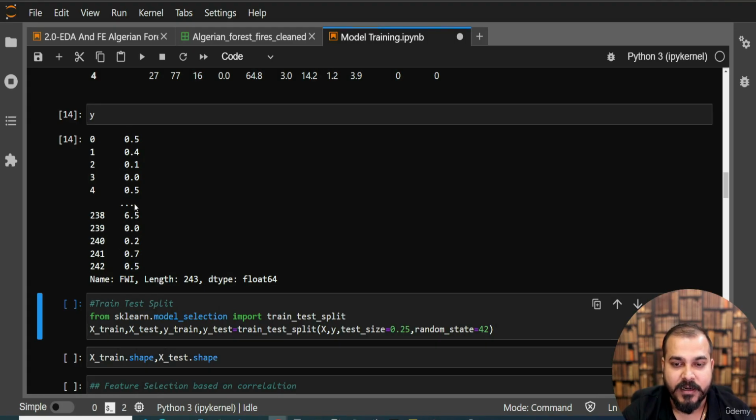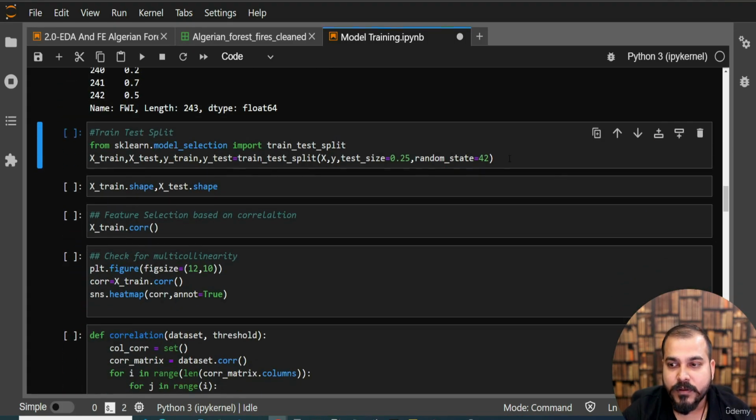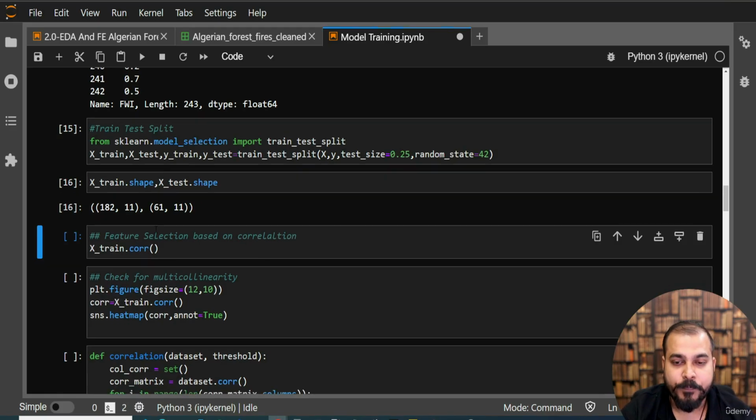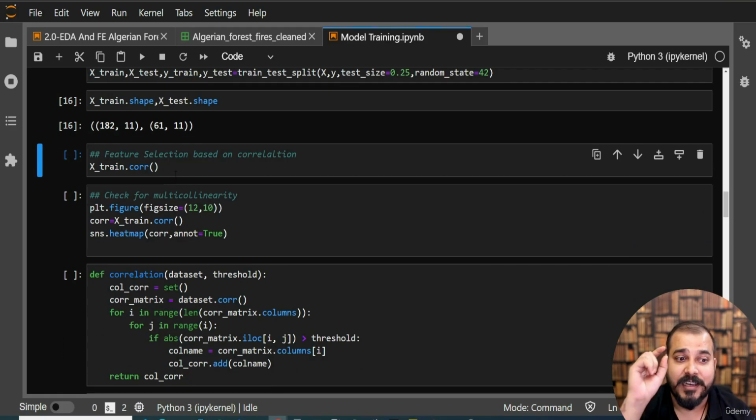And this Y is my dependent feature. So after this, we basically do the train test split. Then here is my xtrain and xtest shape. Now, if you want to perform feature selection, this is where we are going to probably learn about